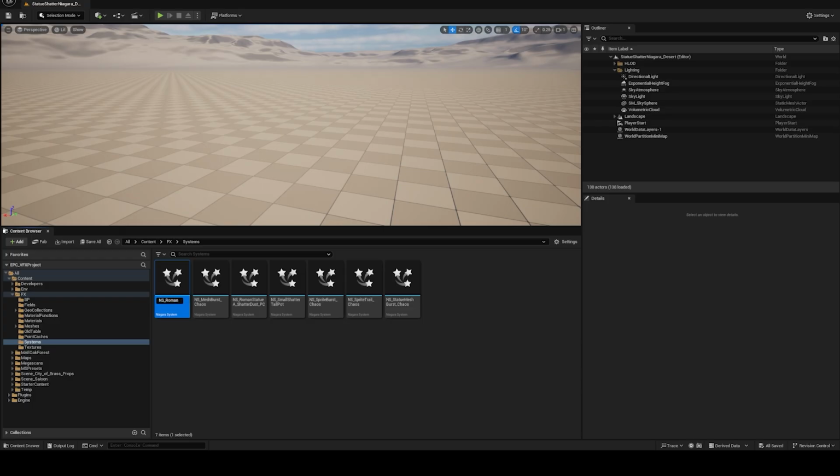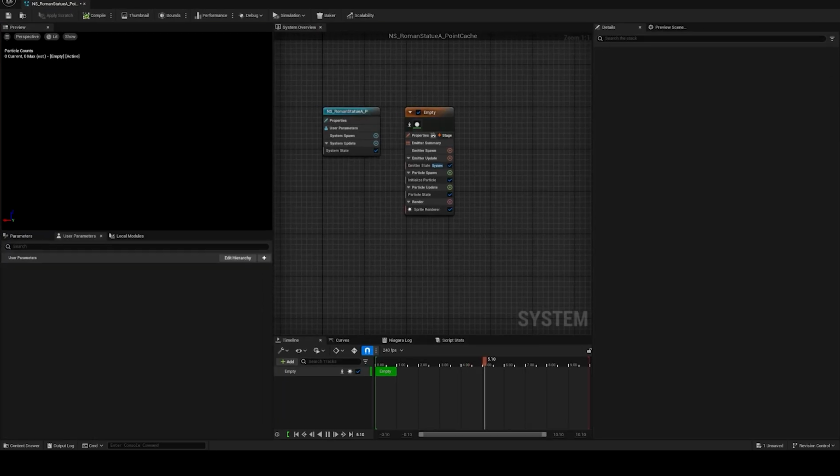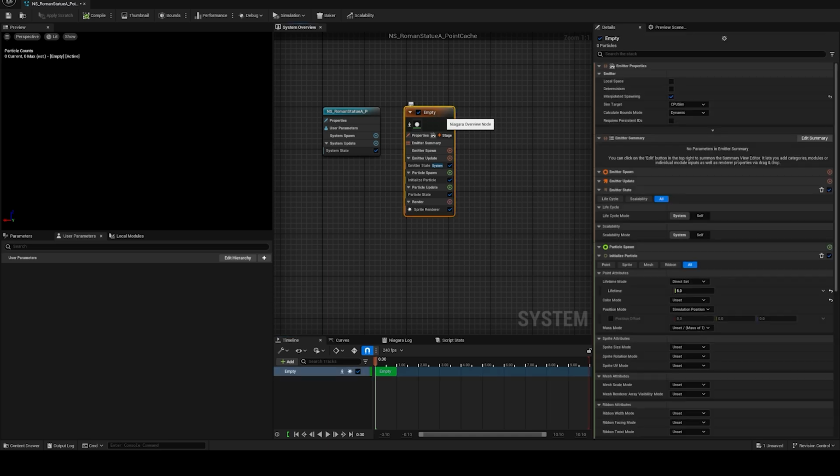And then I like to give the NS prefix, and we'll go underscore, just call this Roman statue A. Underscore point cache is fine. I'm going to double click to open that system up. And we can see we have our empty emitter, so let's go ahead and rename that as well. And this is going to be a CPU emitter because we need access to the point cache data,